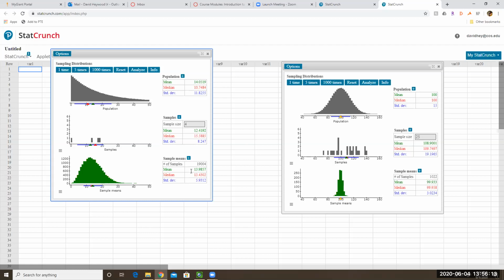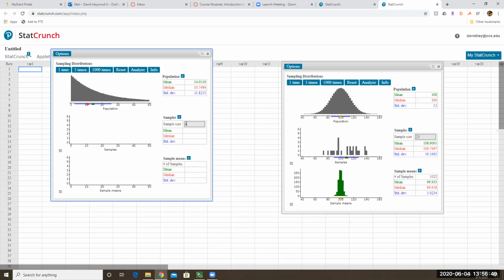But the mean of the distribution, the mean of the sample means, is close to the population mean. The standard deviation of the sample means is the population standard deviation, 12, divided by the square root of the sample size, 2, right? 12 divided by 2 is 6, okay? I'm rounding, of course. So the shape is skewed right, but the center is still mu, and the standard deviation is still sigma divided by square root of n.